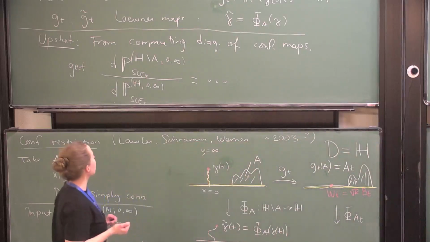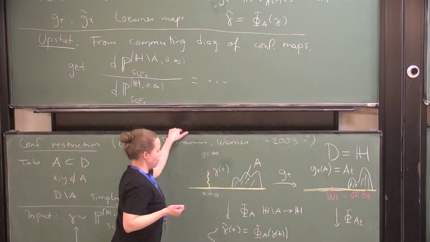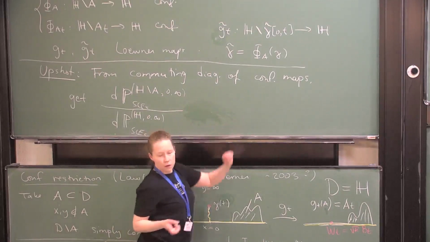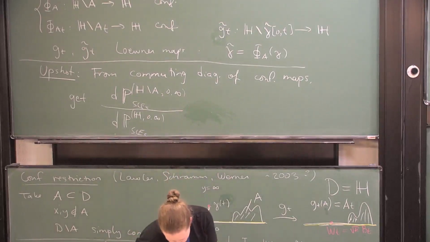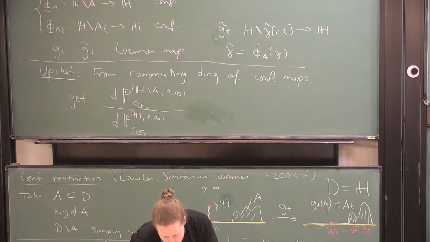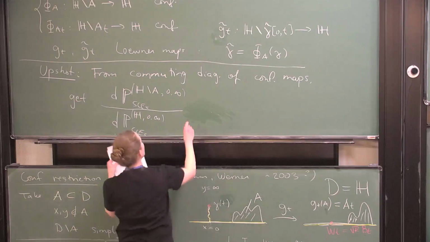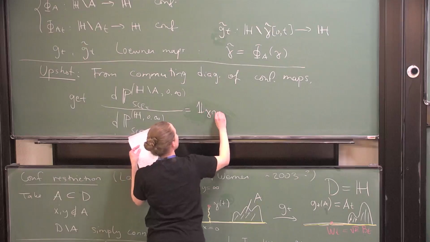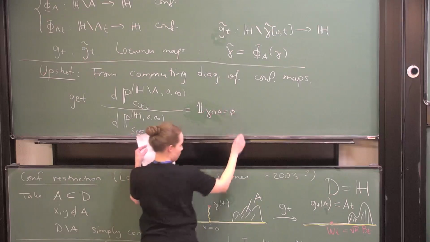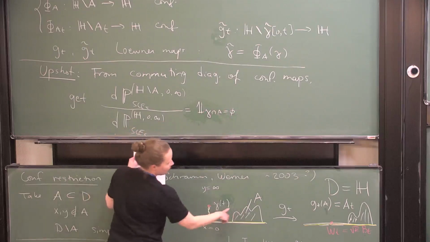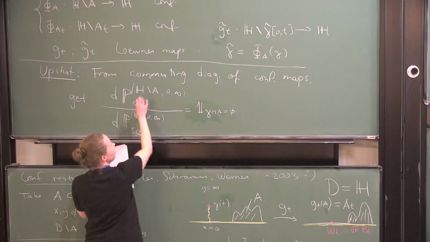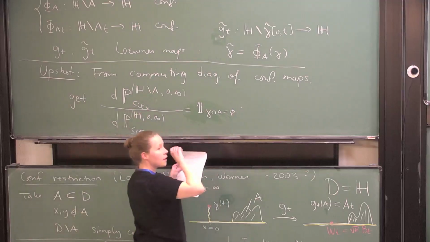And so at the end of the day, you get some kind of expression. Maybe I can write it here. First you need to say that your curve is not allowed to intersect A. So just put an indicator function. It doesn't go there because under this upstairs measure it is supposed to stay outside A. It's just a triviality. Then there's the weighting factor,